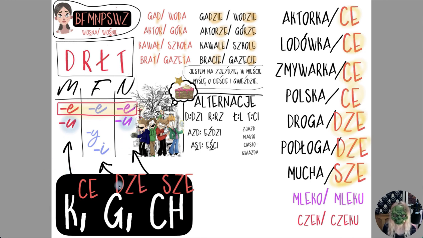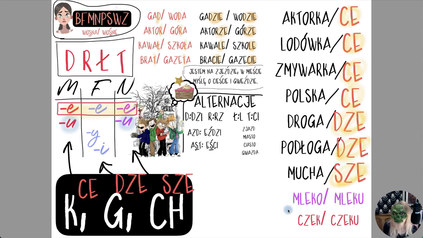Okay, so once again, I apologize that I haven't created this very well when it comes to graphics, because it could be a little bit confusing. But k, g, and h, right? Neuter and masculine nouns with those letters will have the ending u. So just to clarify, this whole box with this alternation applies only to feminine nouns. When it comes to those three letters for masculine and neuter, they will have the ending u. So mleko, milk, will become mleku.